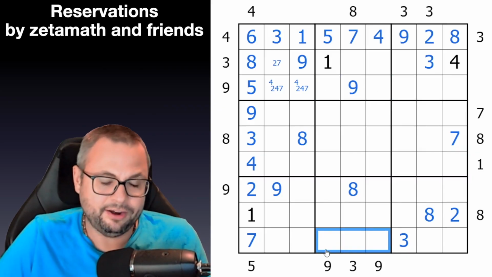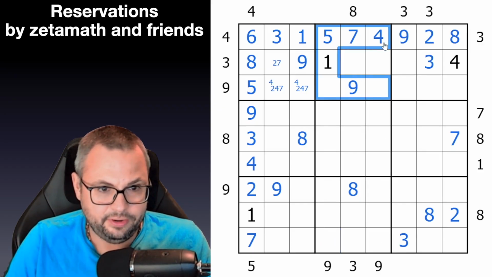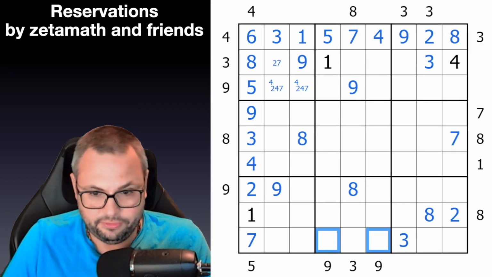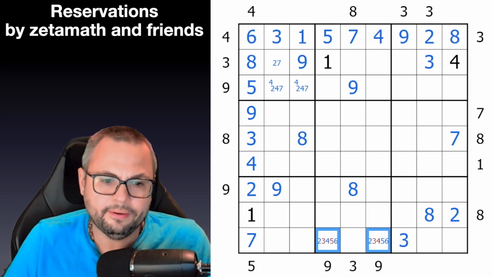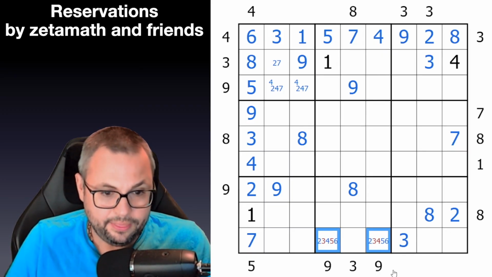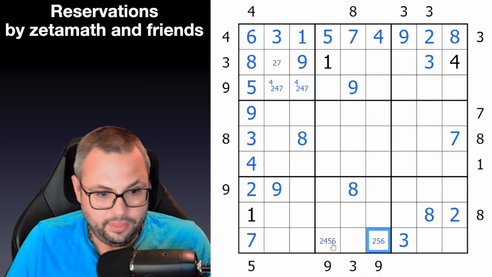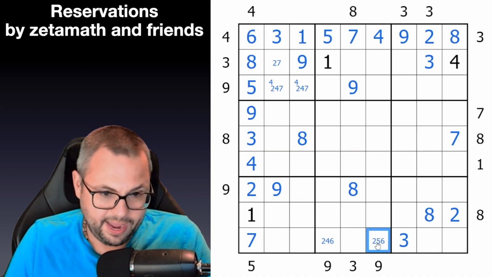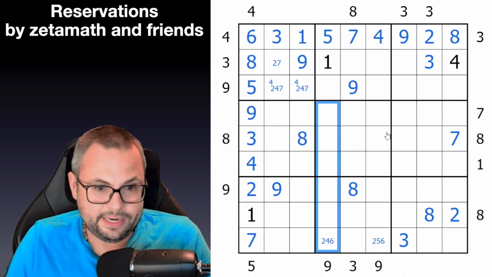Okay, let's actually look at all of these. So first of all, the 9 can't be in neither of these columns up here. So these are just from 1, 2, 3, 4, 5, 6 automatically. And they're not 1, of course. And they're not 3 by Sudoku, actually. So they are from 2, 4, 5, 6. And now, just like we did